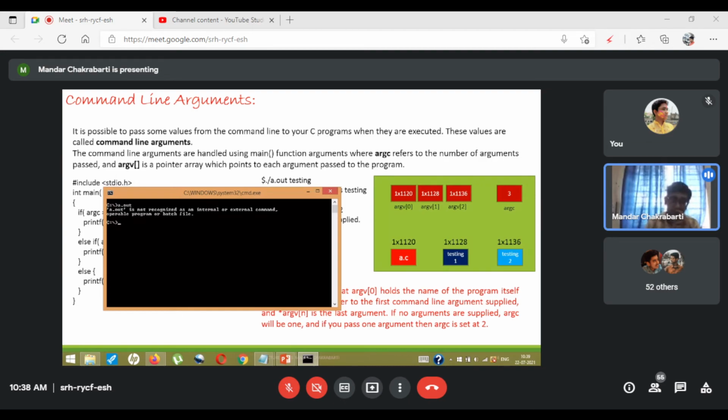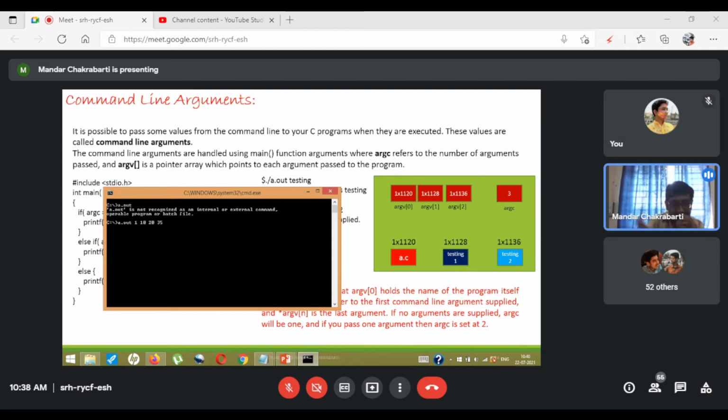But if I want to run the program with some command line arguments, then I write a.out, give a space, and then give value 1, value 2, value 3, and so on. So let's say our values are 1, then 10, 20, 35, and so on.